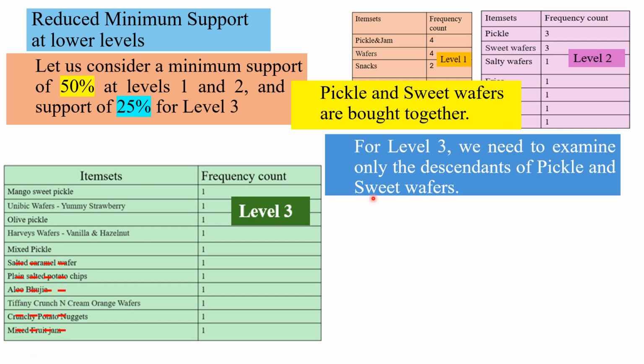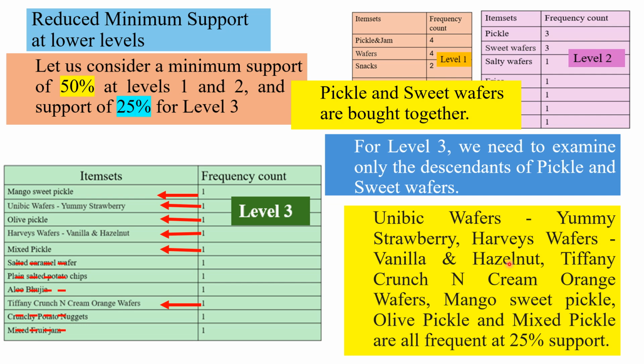So we'll cut out the rest and we'll check out those marked with the arrows. And here, these are all having count 1, but with our approach of reduced minimum support at level 3, 25% means what? We need a count of 1. So all these satisfy